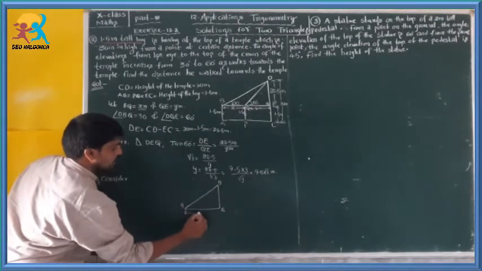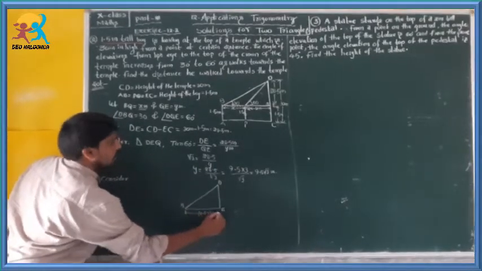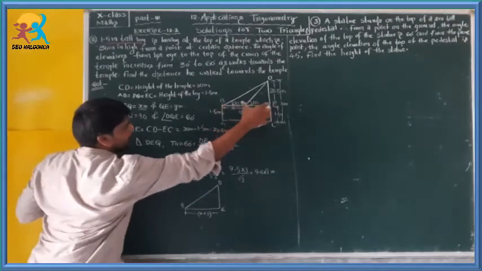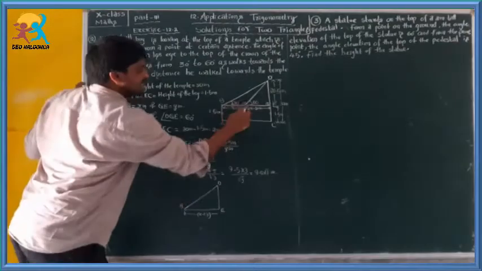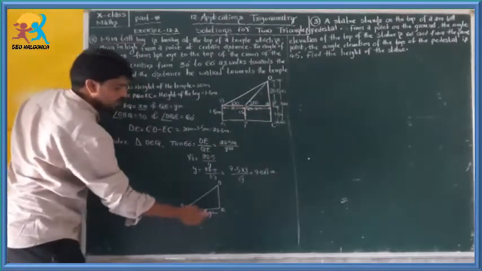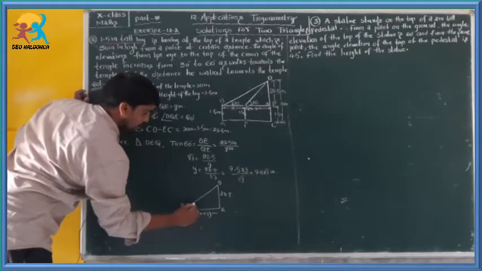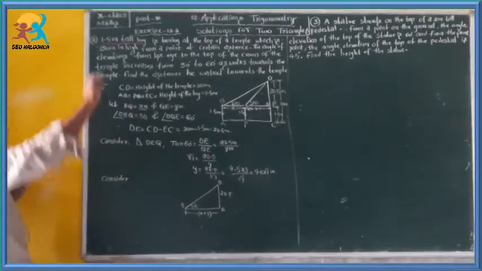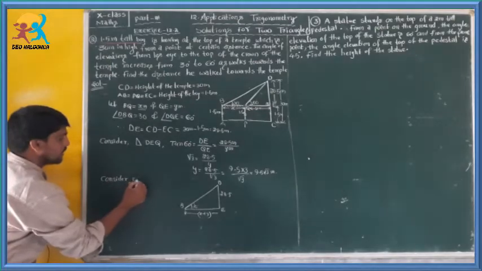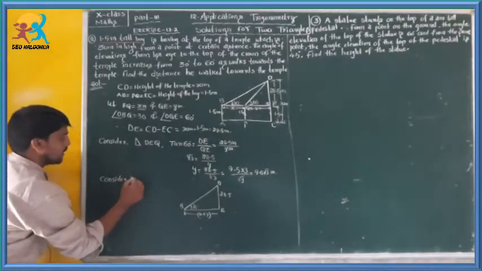This length is x plus y, as BQ is x and QE is y. BQ plus QE is BE. So BE's value is x plus y, and this is 28.5 meters. The angle of elevation is 30 degrees. So consider tan 30 in right angle triangle